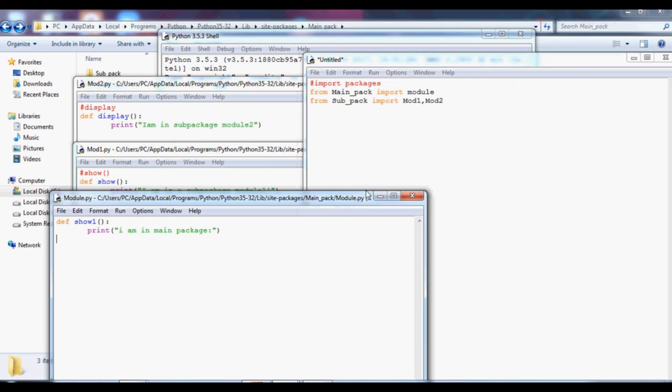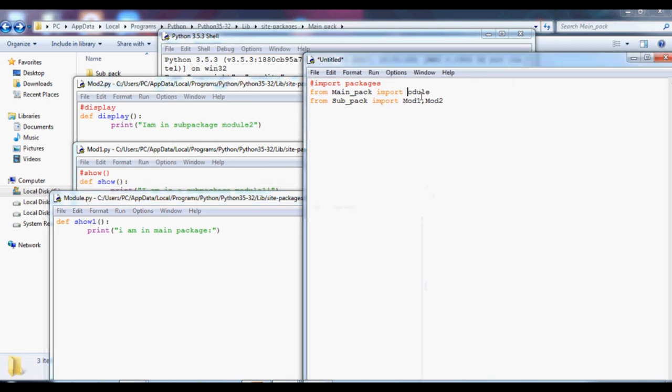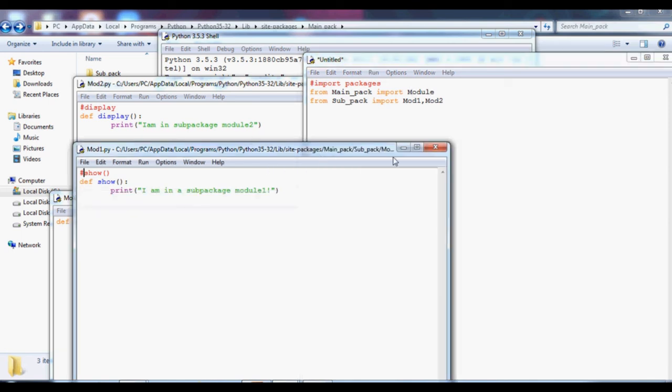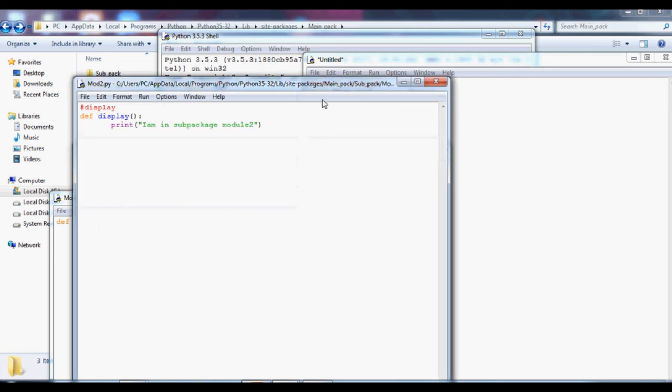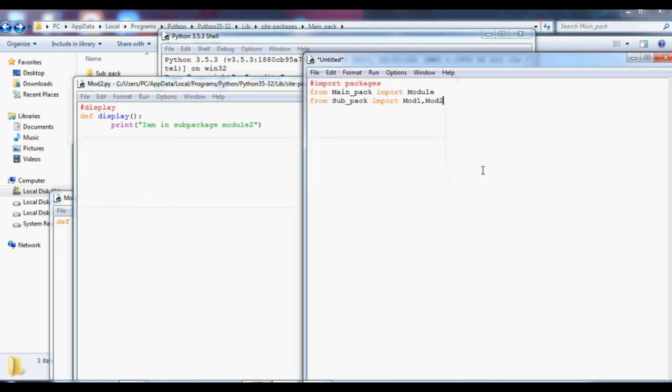So here can you see this is Module in caps. Since Python is case sensitive, this should be a lowercase module. And then in the sub package, can you see the modules? In sub underscore pack I have created mod 1 and mod 2.